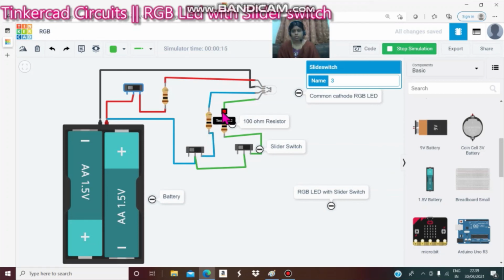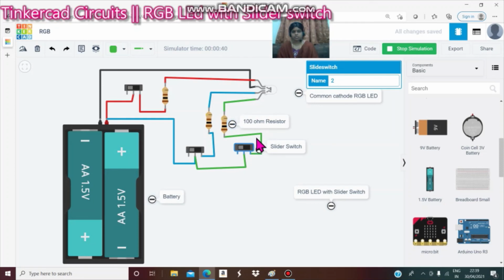Then go to the blue LED, switch on, you can see this blue LED, switch off. And then switch on this green LED, you can see this, and then switch off. This is the procedure for RGB LED with slider switch.